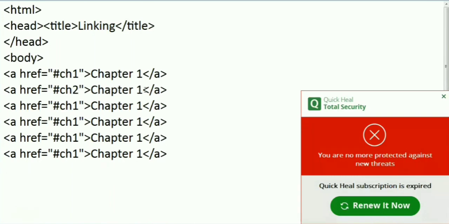Here I'll define chapter 2, chapter 3, chapter 4. Here we have chapter 5. Here we have chapter 6. Here for breaking a line, I'm using the br tag so that links come in the next line.